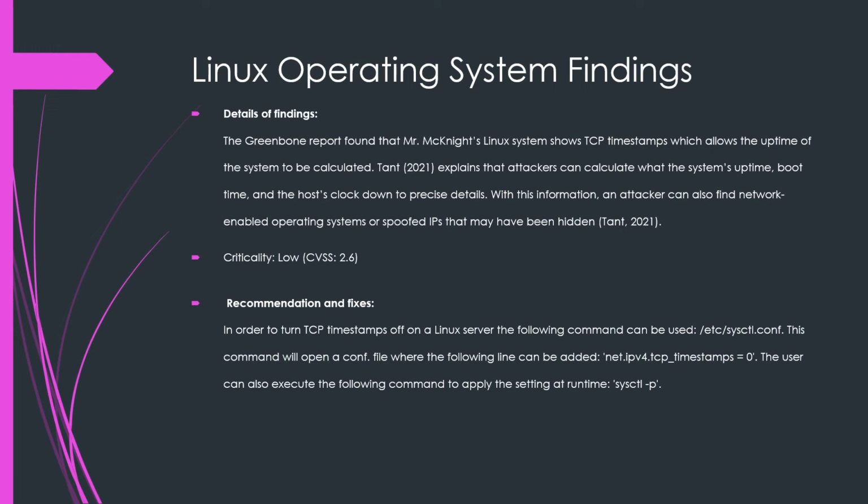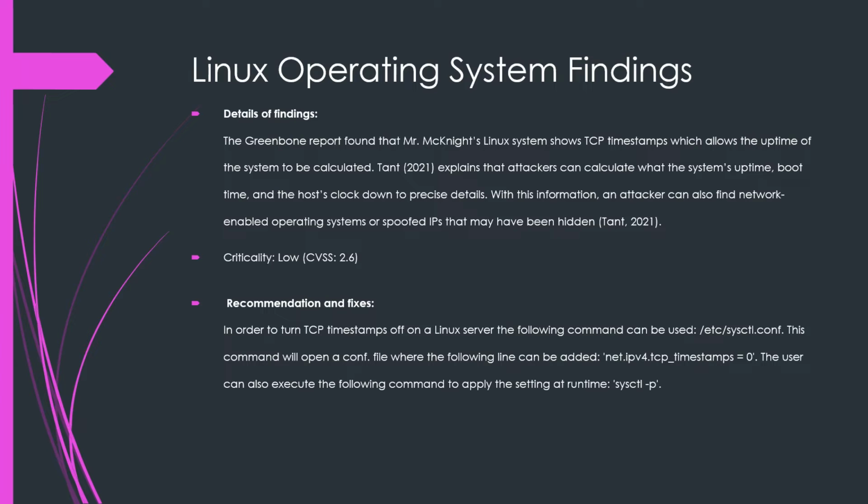Linux operating system findings. The Greenbone report found that Mr. McKnight's Linux system shows TCP timestamps, which allows the uptime of the system to be calculated. Tenable explains that attackers can calculate the system's uptime, boot time, and the host clock down to precise detail. With this information, an attacker can also find network-enabled operating systems or spoofed IPs that may have been hidden. So the criticality of this finding is considered low,